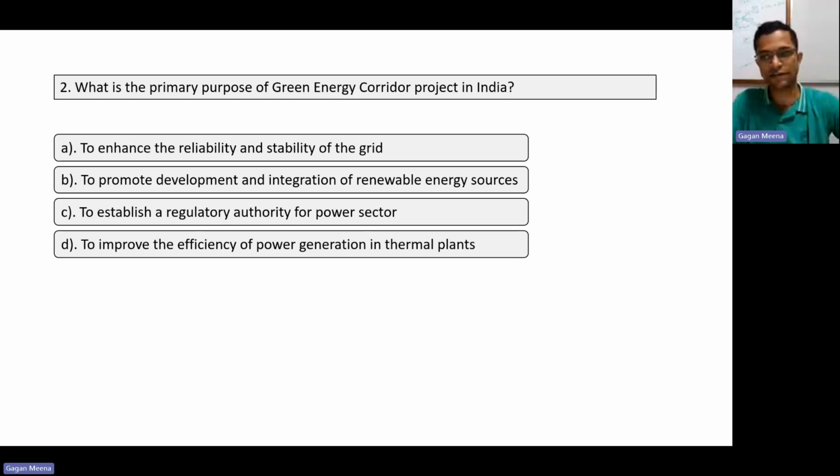Let us move to the second question. The second question is, what is the primary purpose of the Green Energy Corridor project in India? You already know that, first of all, green energy is related to renewables. And because we know that large solar and or wind farms